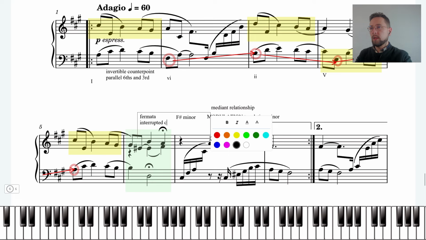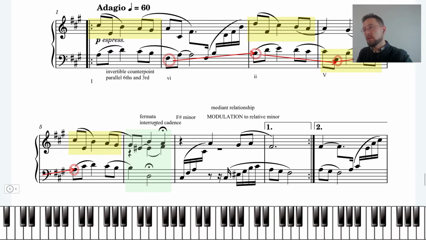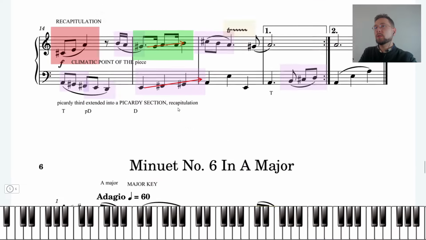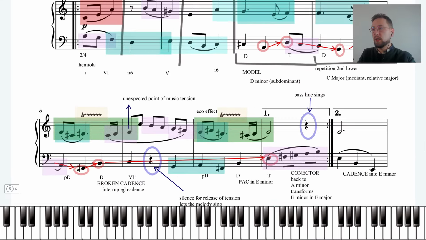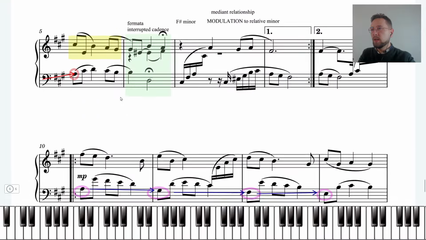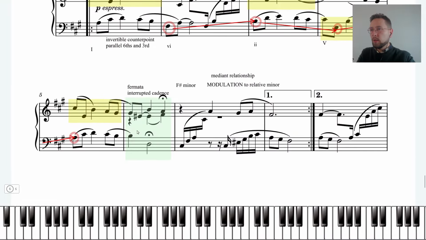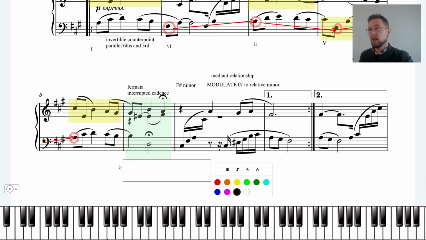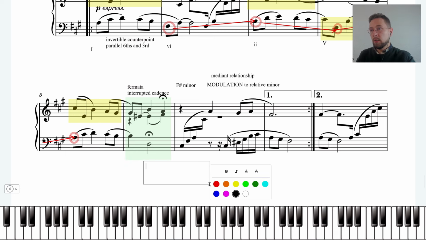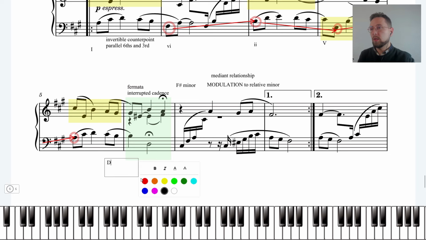So this is a fermata interrupted cadence. And it's quite similar to the concept or technique we saw in the previous minuet. So we had this broken or interrupted cadence. Let's see it. So we're in the key of F sharp minor, right? So in the key of F sharp minor, that would be the 6th degree, and that's exactly what's happening here. And prior to that, you have the dominant being established,